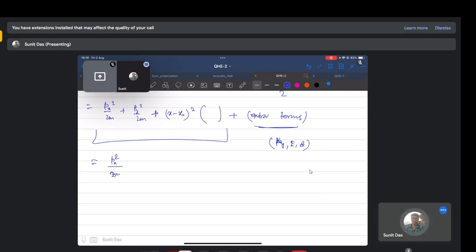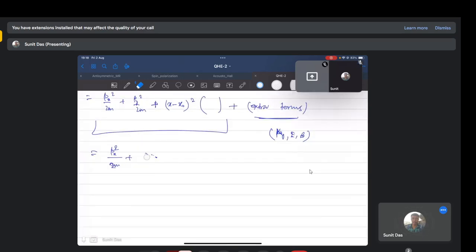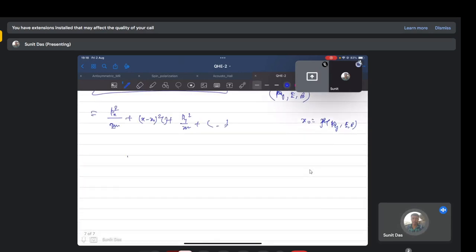So 1 by 2m, and then something x minus x0 square, where x0 will be a function of k, or rather py, and electric field and magnetic field. Okay, so with this there will be some terms, and then p square by 2m plus some extra term that we have set here. And with this we can actually show that the